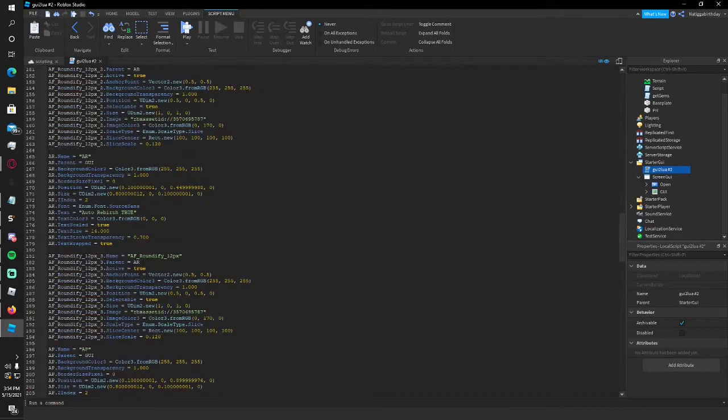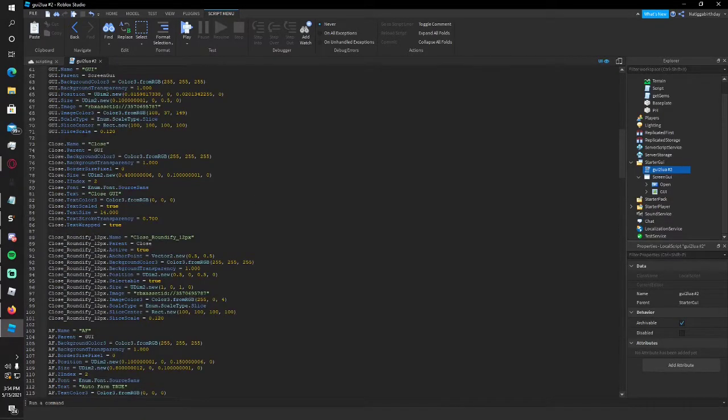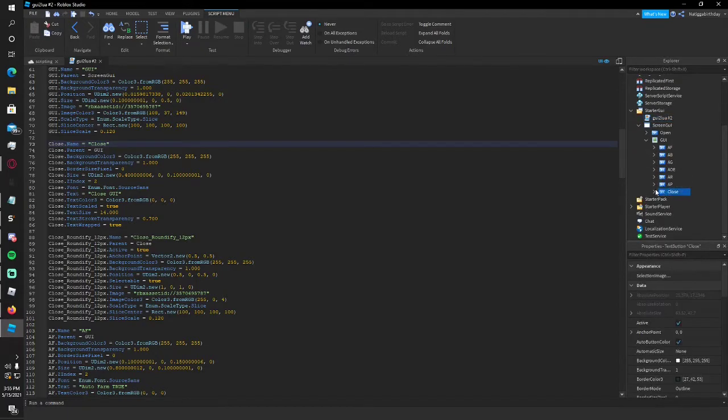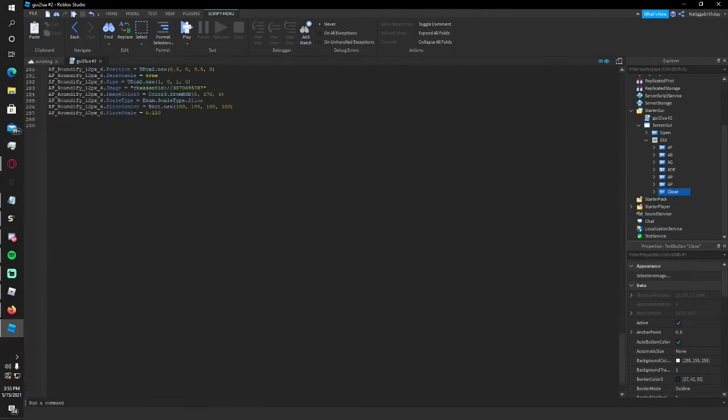So first, what we need to do is we know that, can I just call close? Let's see. So up here, close is already named. So it takes the name of it and it close.name. It is literally referencing close, the close button for us. So we can just code it like that. So close.MouseButton1Click:Connect(function. If they press the close button, see, MouseButton1Click, and then it creates a function, then